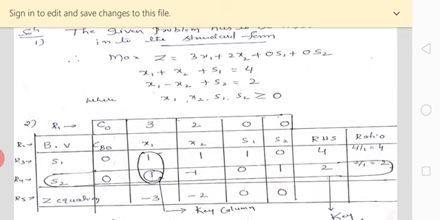And then go for the next one, c suffix bo, which I have written. What is the meaning of that? This stands for the coefficient of basic variables in the objective function. c suffix o is nothing but the coefficient of all the variables in the objective function, whereas c suffix bo is nothing but the coefficient of basic variables in the objective function. For 3 the variable is x1, for 2 it is x2, and for 0 it is s1 and s2, which I have written.